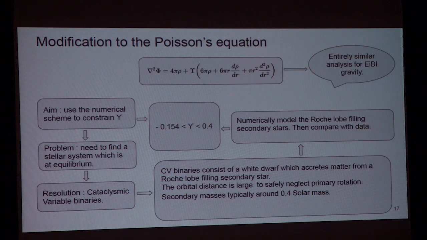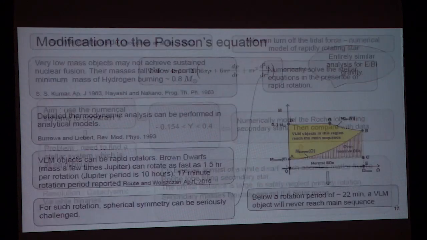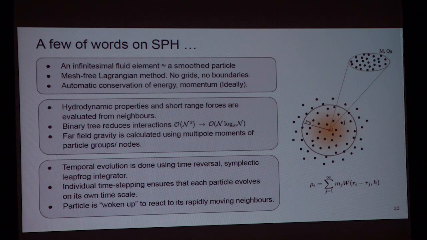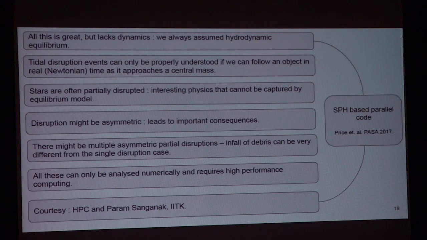So I'll just skip these things, because I just have 5 minutes left, and go to the main thing. In the last 5 minutes, what I will try to impress upon you is that what I talked about till now was all static, in the sense that there was no time dependence anywhere. Now I want to understand the dynamics of the stellar disruption effects. This disruption might be asymmetric, and it leads to important consequences. These all have to be analyzed